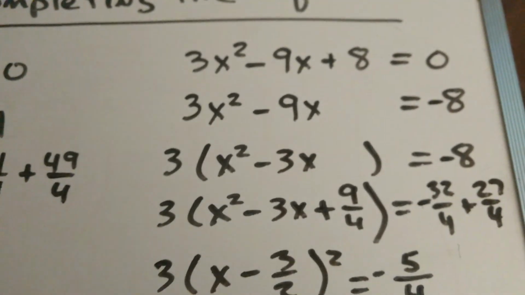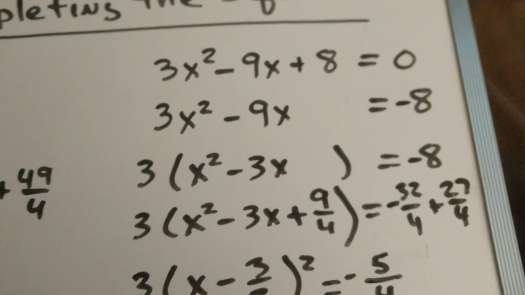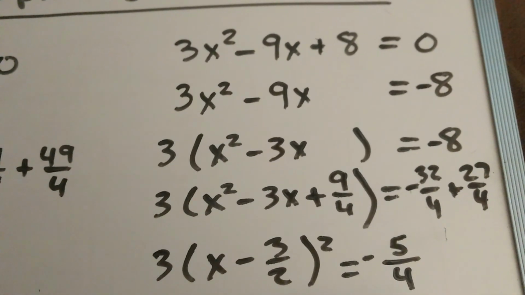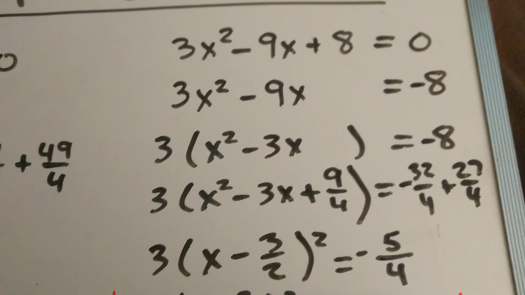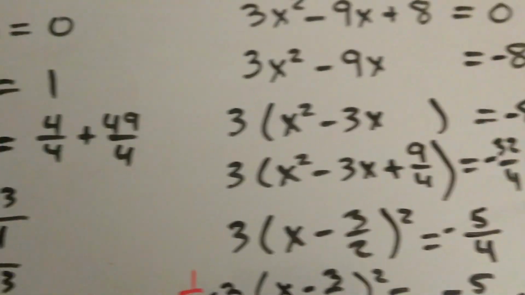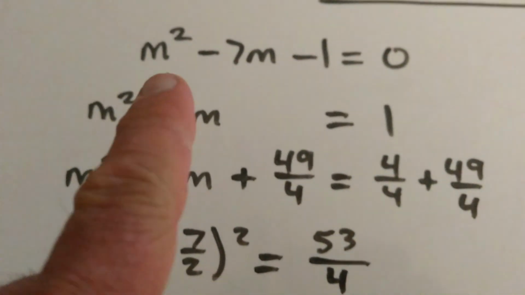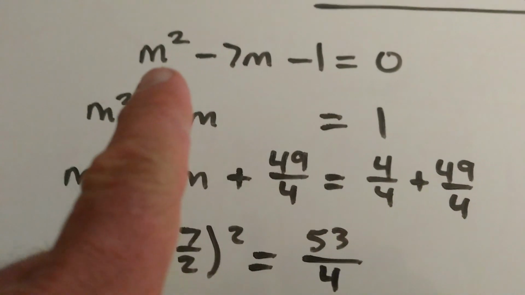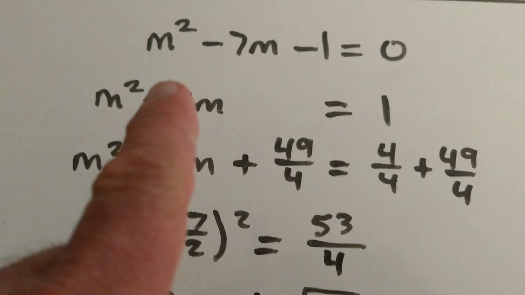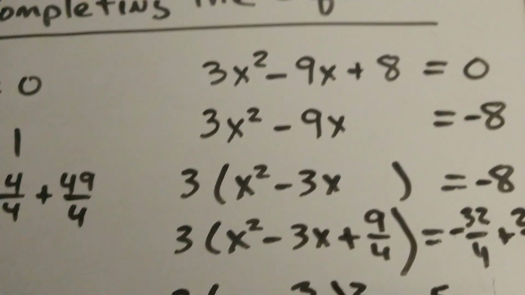Now this one is a difficult one because not only are we going to have to do something when we complete the square, but we're also going to deal with imaginary numbers. In the first example we did, notice that the coefficient in front of m squared is 1. In order to complete the square, the coefficient in front of m squared must always be 1 before I do the process. So on this one right here,